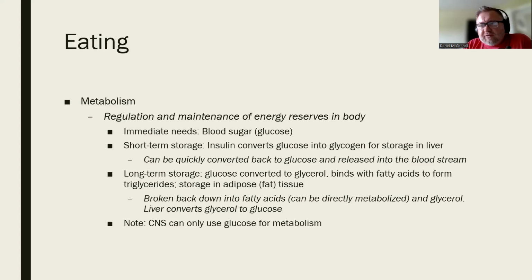And this is where the liver is involved. The liver stores energy, at least one of its many jobs. And so what happens here is that some of the excess blood sugar in our bloodstream is converted into glycogen, and the hormone insulin plays a role here, produced by the pancreas. And so now the glycogen is stored in the liver, and when blood sugar levels begin to drop